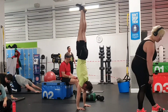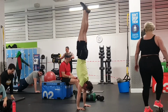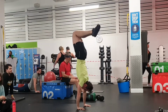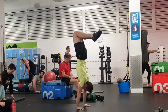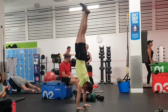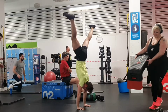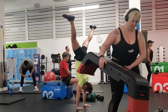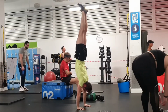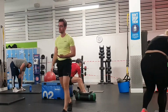This is the handstands, and definitely vertical was better than previously. Could be doing somewhat better with the legs, could actually contract those leg muscles to keep a straighter line. Another thing to think about, I was really trying to get the shoulders engaged, and there's a thing to be said that this time I actually put the handstands at the end of the session, and I could not really get as much quality time on there because I was quite tired at that point. But nevertheless, it was good to feel